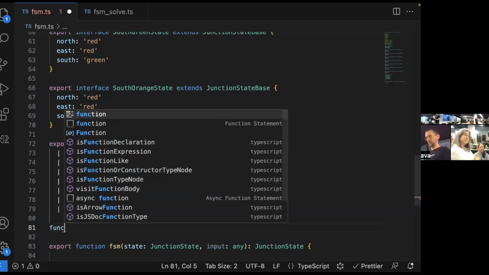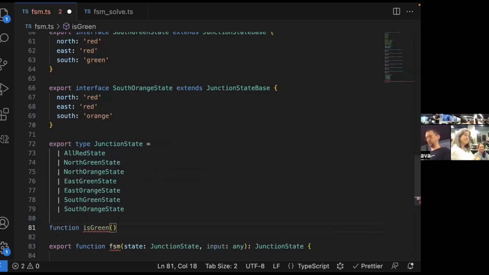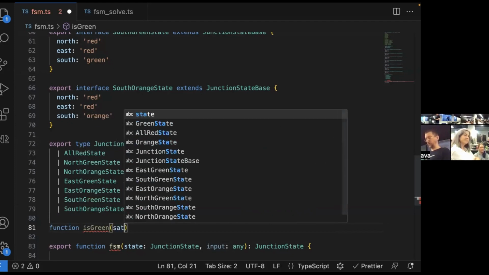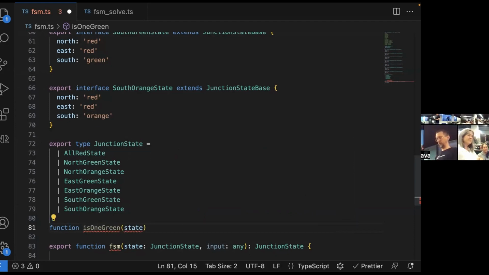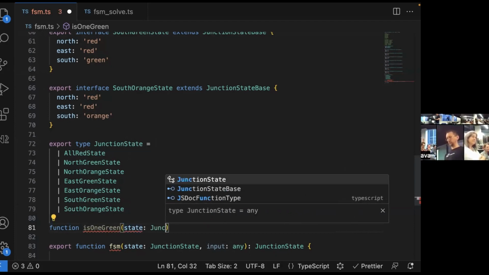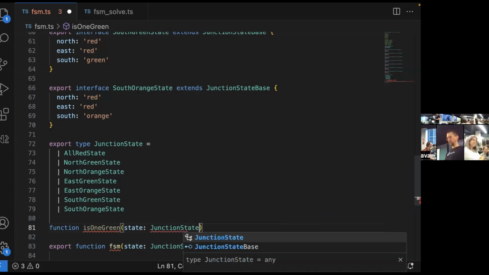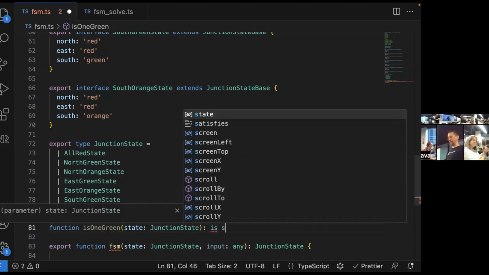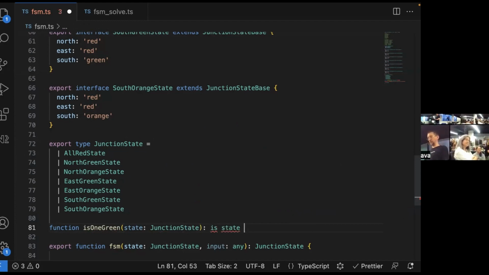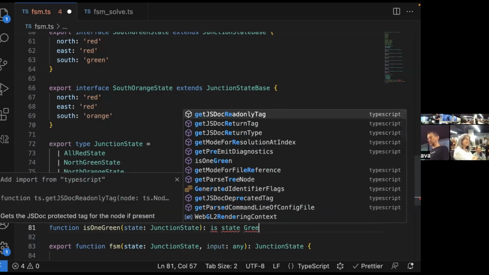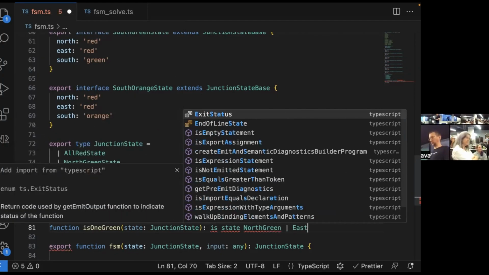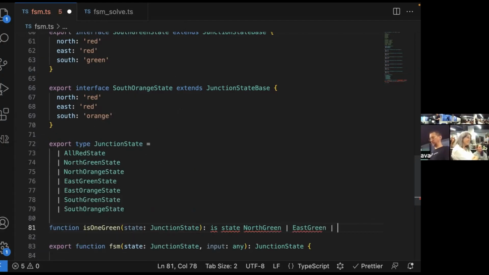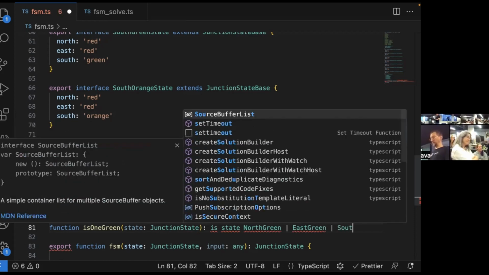So let's create a function is green, which takes is one green. And you can go is state north green or east green or south green.